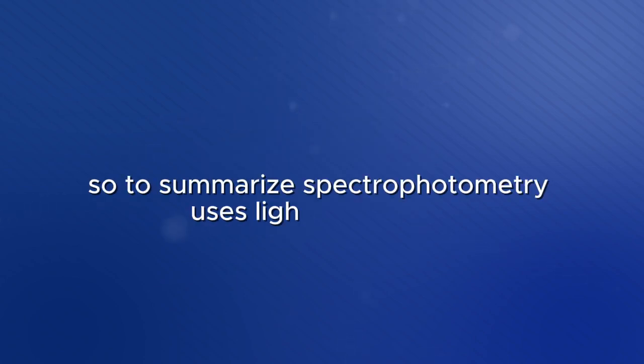So, to summarize, spectrophotometry uses light absorption to determine concentration. XRD uses diffraction patterns to identify crystalline structures and mineral phases, while XRF uses characteristic X-rays to determine elemental composition, and microanalysis allows us to examine the composition of very small areas or individual particles. These methods give us a more detailed way of understanding the materials we work with in metallurgy, mining, and mineral processing.